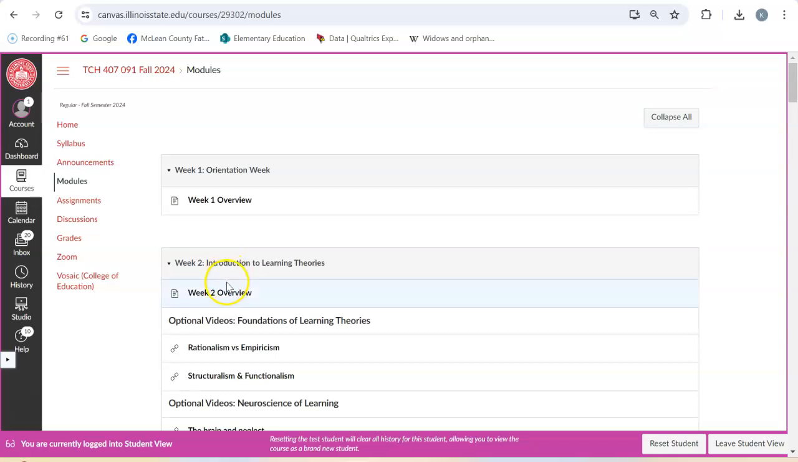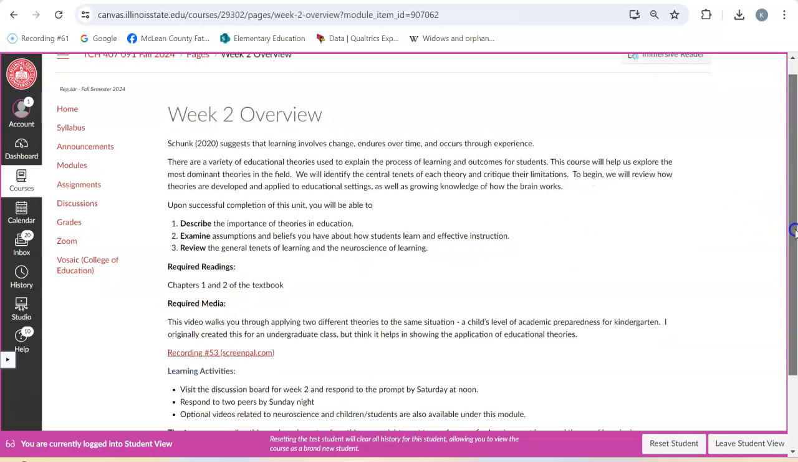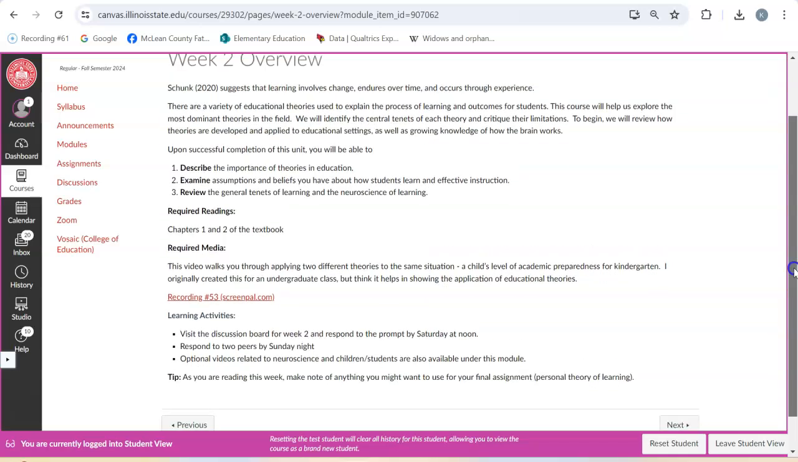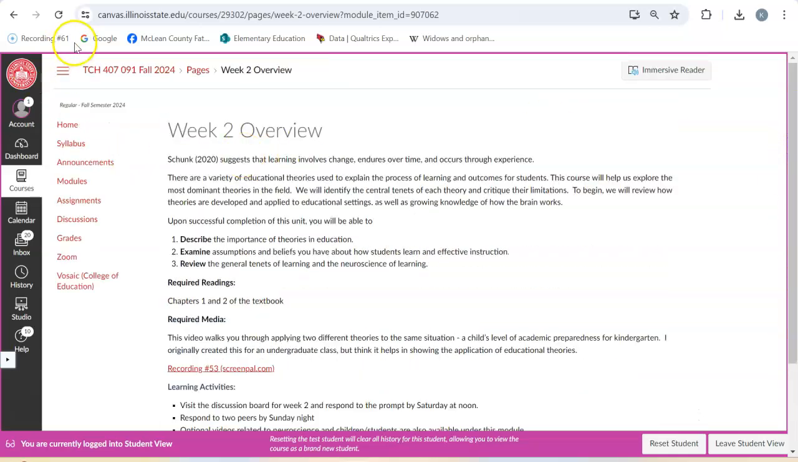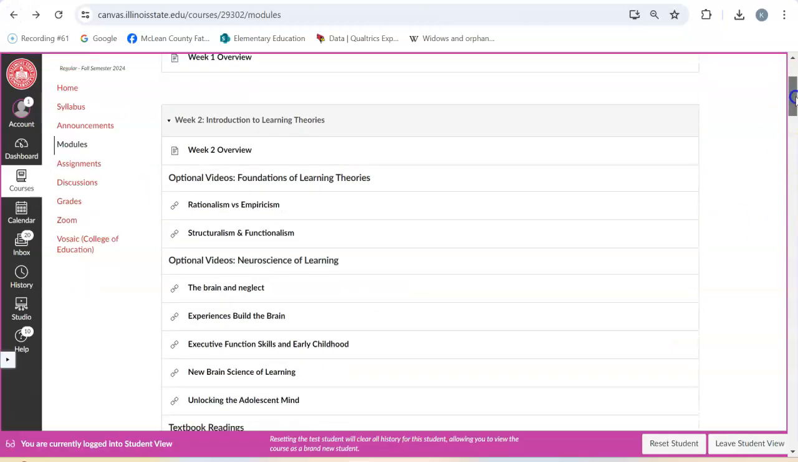So for instance, for week two, this one with the little document symbol there, if you open it up, it will let you know what our objectives are for the week, what you will need to read, and then any links that you have that I need you to take a look at for media or whatever else it might be. And then below you will find, oftentimes I'll have either the required videos or additional readings, or I will